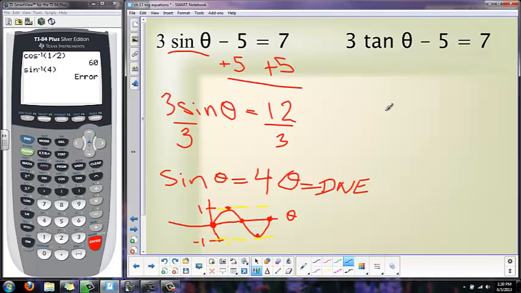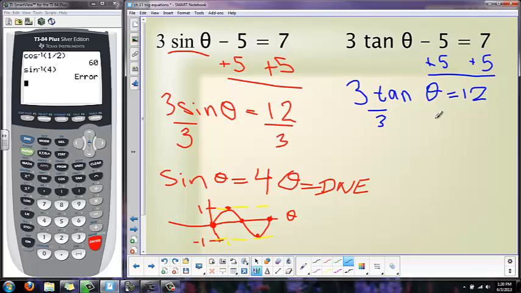Hopefully this one actually gives us an answer. Let's see. Alright, so 3 tangent theta minus 5 is equal to 7. So I'm going to do the same thing. I'm going to add 5 to both sides again. This time I'm actually going to write 12 instead of 1/2 though. So 3 tangent theta is equal to 12. Divide by 3 on both sides, and you're probably thinking, wait a second, this looks really